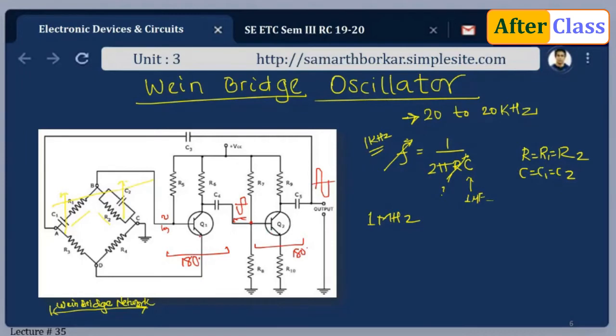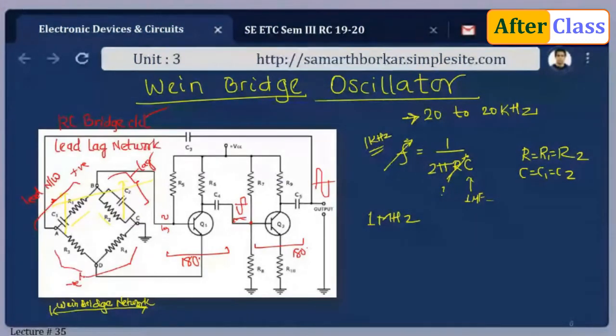Essentially, it is a 2-stage amplifier with an RC bridge circuit. Now, the RC bridge circuit is this. The phase shift across the network lags with increasing frequency and it leads with decreasing frequency. So the job of this is to provide a phase shift. What it says is, on account of some spurious changes in the functioning of the circuit, there is a possibility that this frequency might deviate or shift, it might increase or it might decrease.